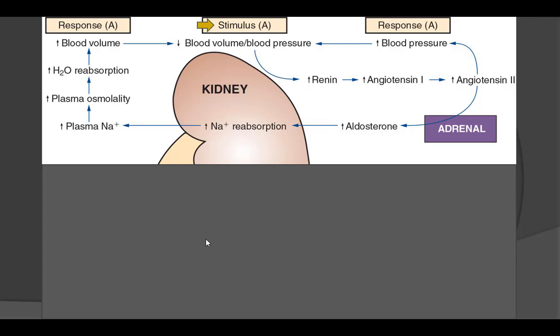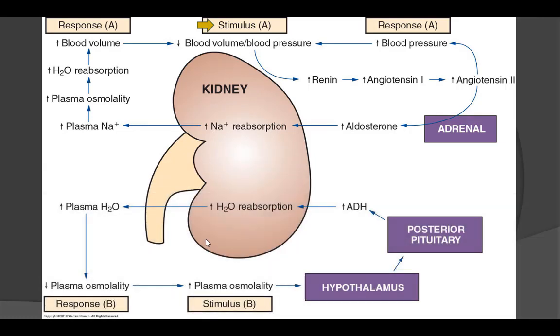At the same time, it will act on adrenal gland, producing aldosterone, which causes sodium reabsorption. So, plasma sodium concentration will rise, plasma osmolality will rise, water will also come with the sodium, so you have increased blood volume. This is again a recap, we've already done it in ample detail. Second one is now, look at stimulus B, if there is an increase in plasma osmolality,